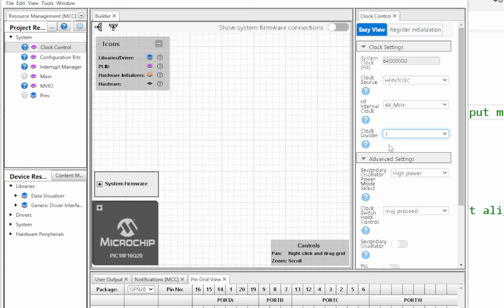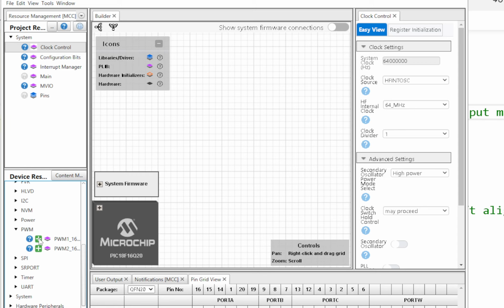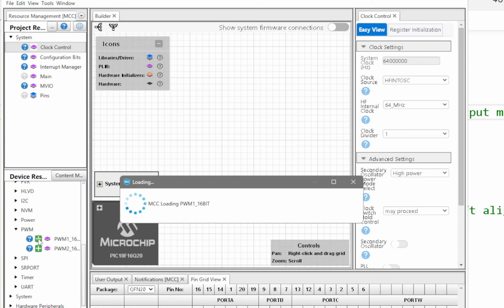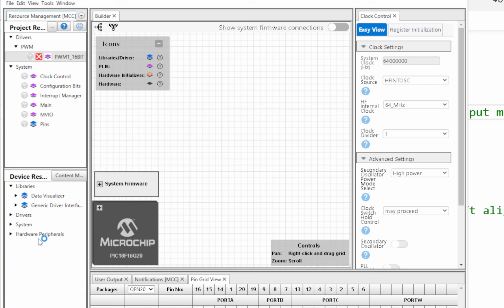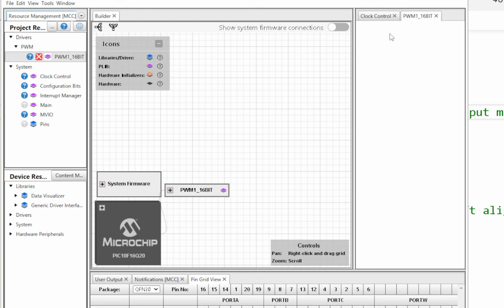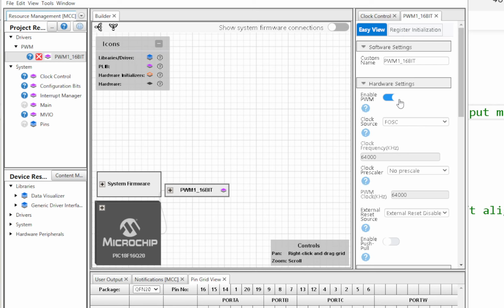Now we've set up our clock. We need to set the clock before we do PWM. That's the way it works in MPLAB. Next step, drivers. Cursor down until you see pulse width modulation, and add. Press the plus sign. It will load it in for you. Brilliant. Look at that. It moves it to the top window, and that's where we're going to edit it. It opens up in the right hand side a little dialog, and all you're going to do is leave everything as it is,